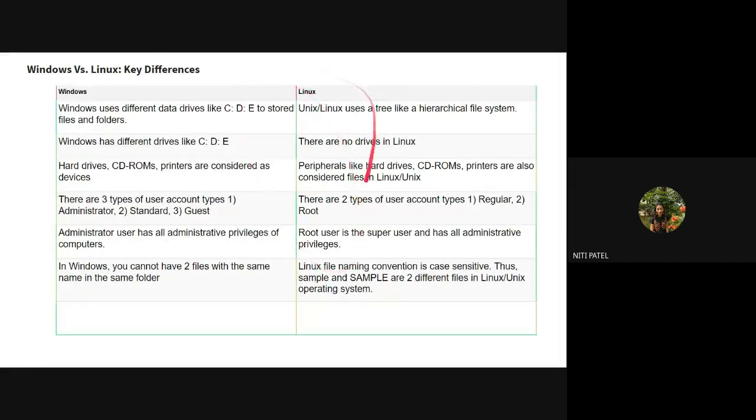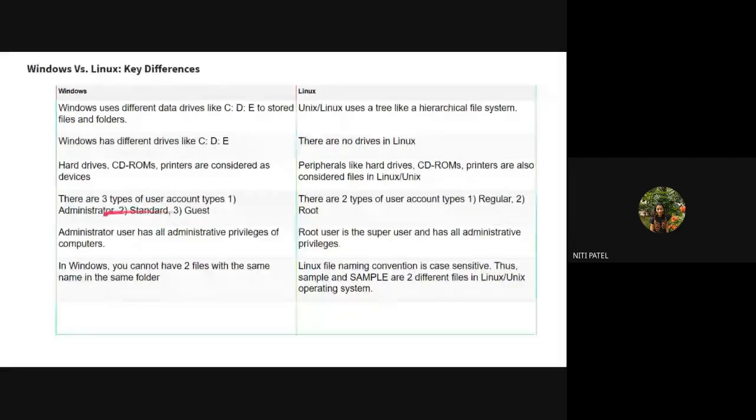Then this is another difference between Windows and Linux. In Windows we have naming conventions like C, D, E and so on. Here we do not follow such naming conventions. The names are already decided in a hierarchical format. Windows has drives; Linux does not have drives. Why? Because in Linux, everything is in the form of files. Linux is a file operating system. We do not have directories or folders; everything is considered a file.